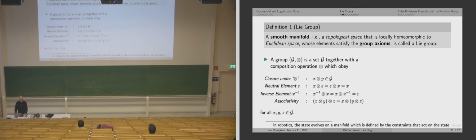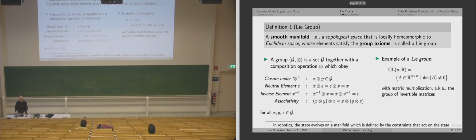So associativity, yeah, that's clear. The key example of a Lie group, as I said in the beginning, is the general linear group. They are of dimension n, of the reals. What it means is that it's all the square matrices that have a determinant that doesn't vanish. So all these matrices are invertible, and the composition operation of that group is matrix multiplication, also known as